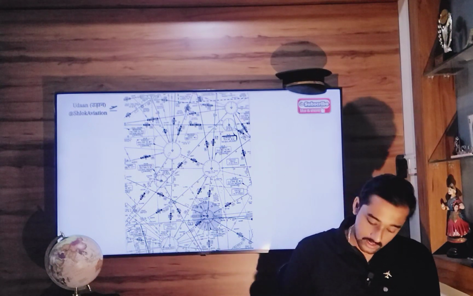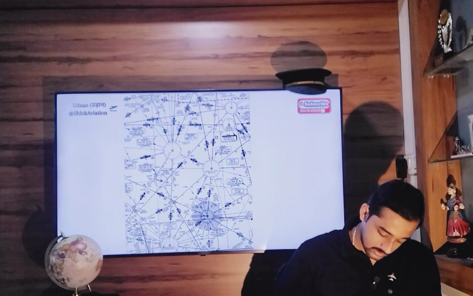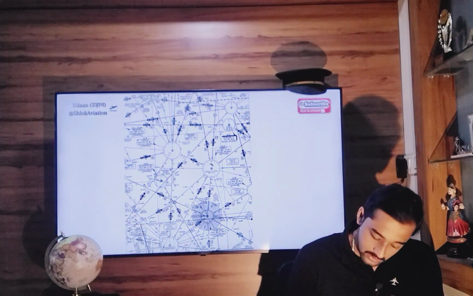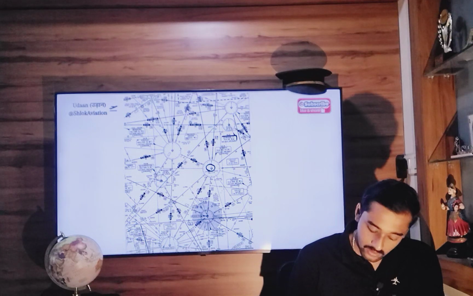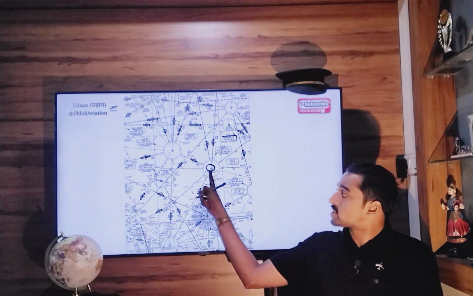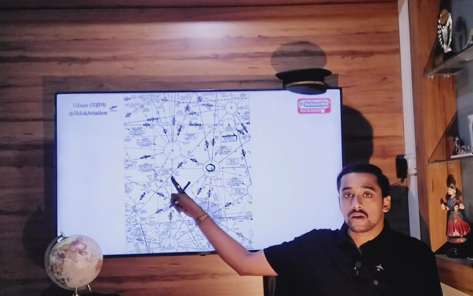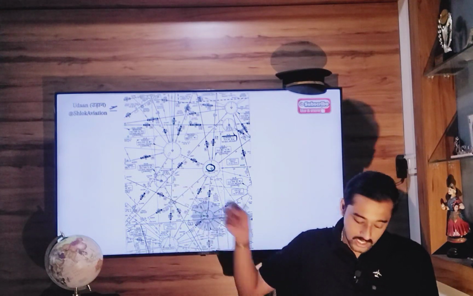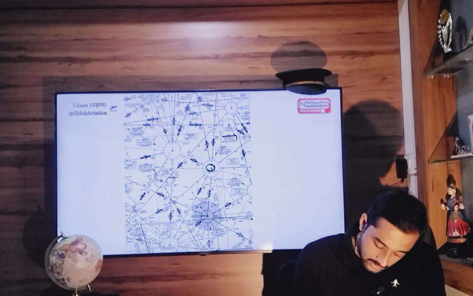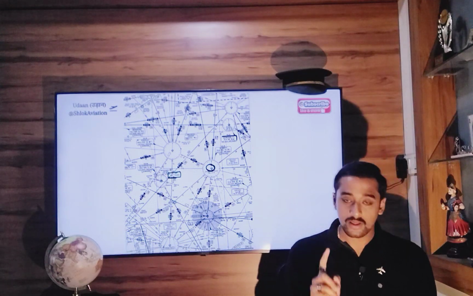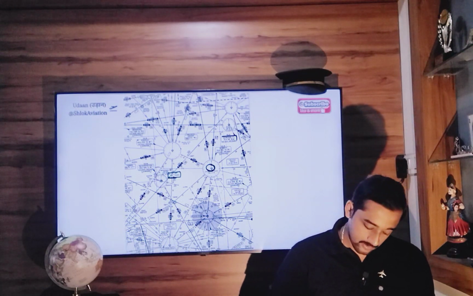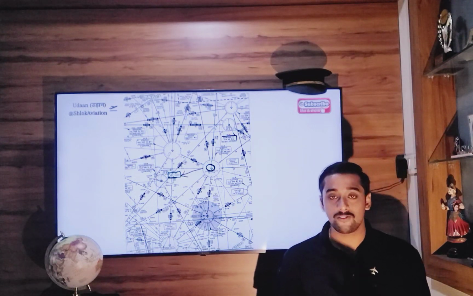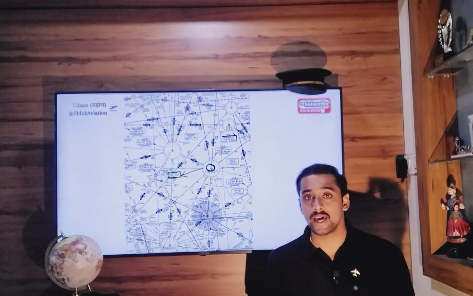Now let's say you are at this position, and you want to fly to this intersection named Cooks. Now, there are two ways you can go. You can directly fly from this point to this point without following any particular airway, or